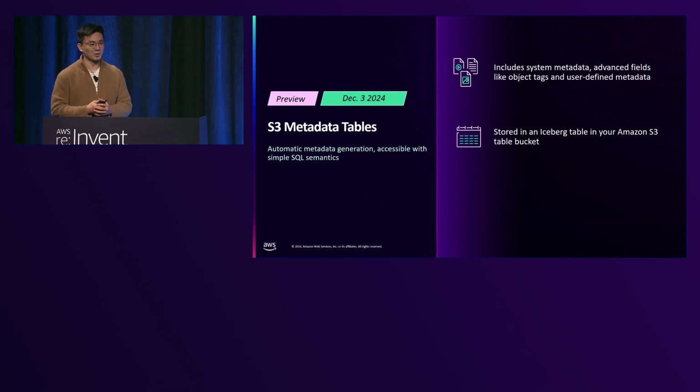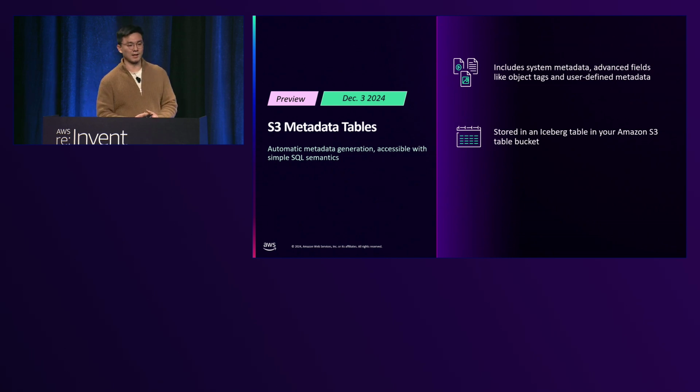On top of that, these table buckets also take care of a lot of things. If you're an Iceberg expert, you might know that if you manage an Iceberg table yourself, you have to do compaction and orphan file removal today. So behind the scenes, table buckets take care of that for you. This is the mechanism we use to store the metadata table. By using S3 Tables to store the metadata table, we take advantage of a lot of these benefits, like being more optimized for analytic workloads and less management overhead for you.